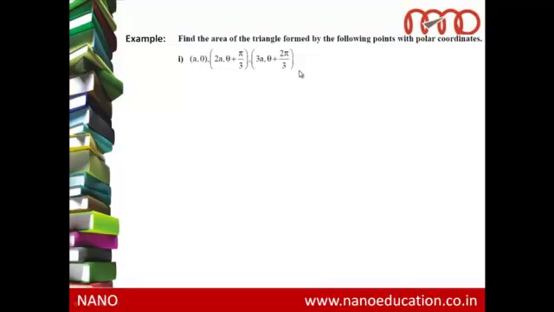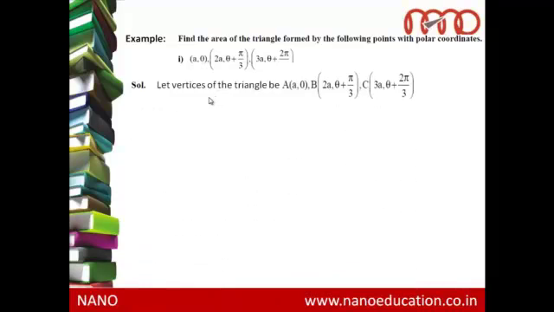Given three vertices of a triangle, we have to find the area of the triangle. If you recollect the theorem we discussed, the area of a triangle is given by half mod sigma r1 r2 sin (theta 1 minus theta 2). Let the vertices be A, B and C. We know the formula for the area of the triangle, so we can expand this summation in a cyclic way and get the result. So r1 is a, r2 is 2a, r3 is 3a,